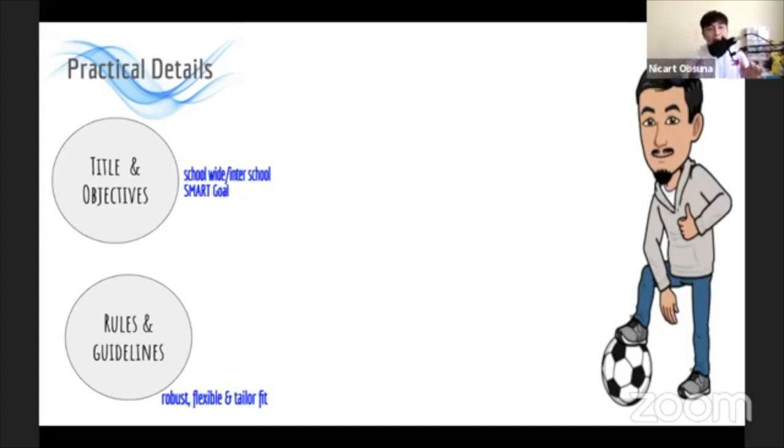Now, what if while on the exact performance, the internet glitches? What if, di ba, nag-shutdown yung internet, okay? As the committee, what are you going to do? What kind of judgment are you going to impose, di ba? So what these rules and guidelines are trying to tell us is we have to make them as comprehensive, as solid as possible, yeah? Also tailor fit, kasi